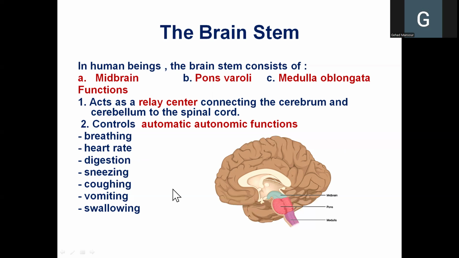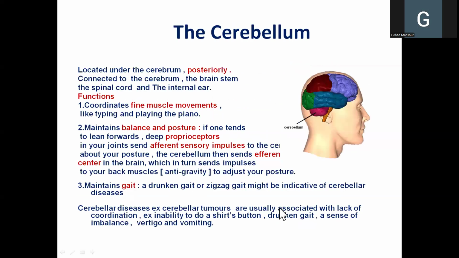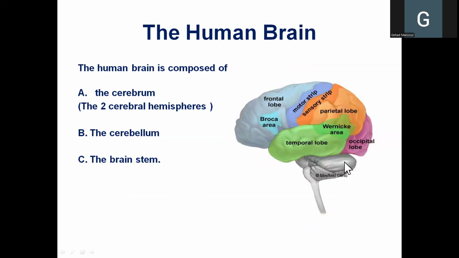Of course, you have to know the order, because you might get a diagram like this and have to label it. So you have to know that the midbrain is the uppermost, the pons is in the middle, and the medulla is lowermost. Of course, the brainstem is very important, because if you look at that diagram, you would see that